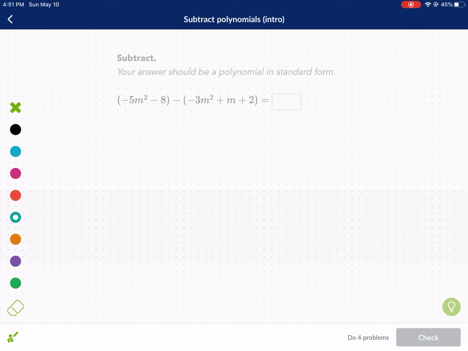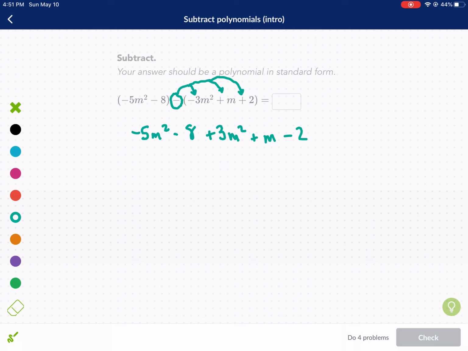The key to these problems is anytime you have parentheses with a negative out in front, you need to distribute the negative to every term inside the parentheses. So once you do that, you get negative 5m squared minus 8, and all the terms inside the parentheses become the opposite sign. So you have plus 3m squared